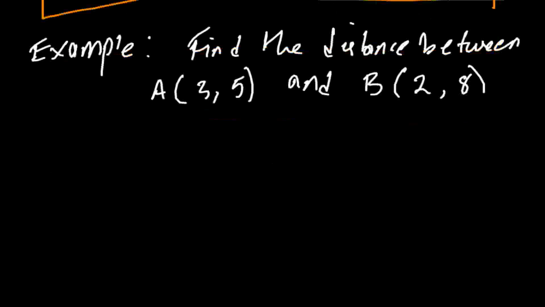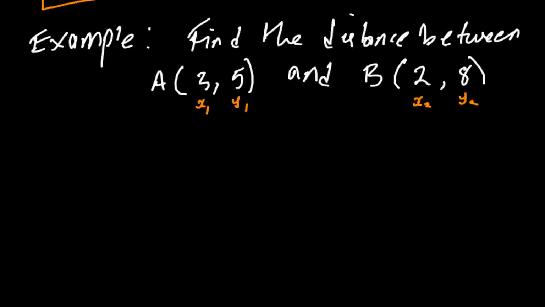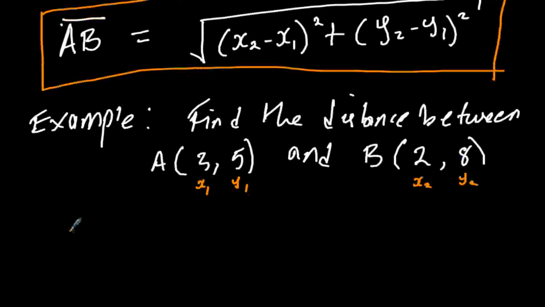So to find the distance between these 2 points, we shall first label them: this is our x1 and that is y1, this is x2 and this is y2, and substituting into the formula we've just looked at, we shall be having AB